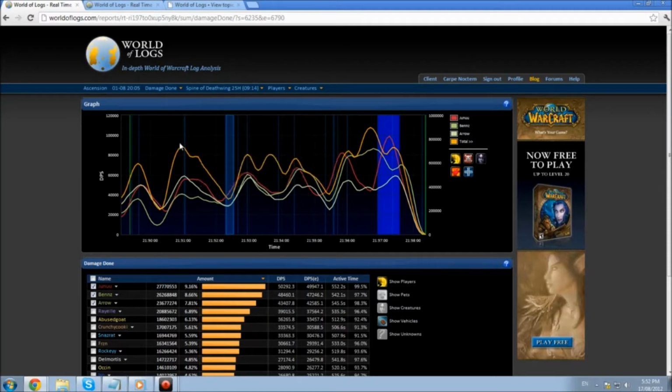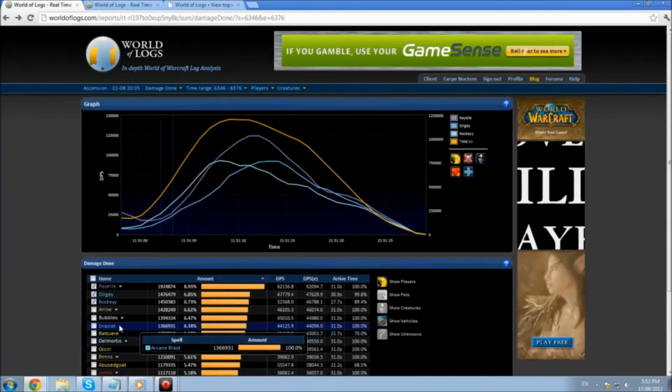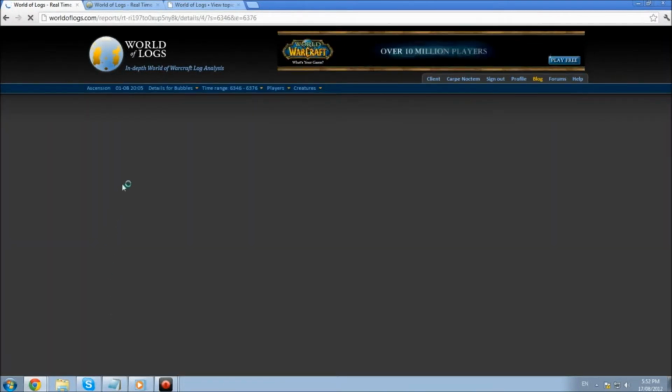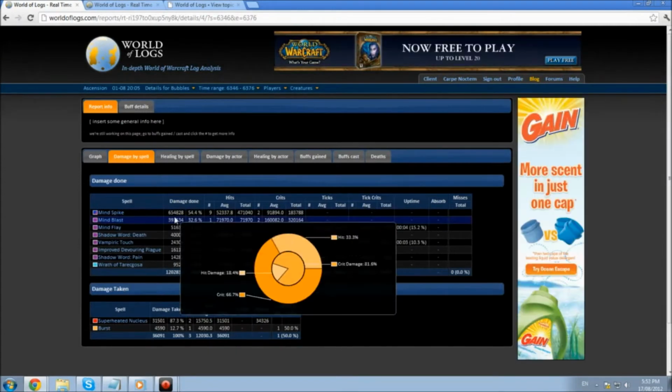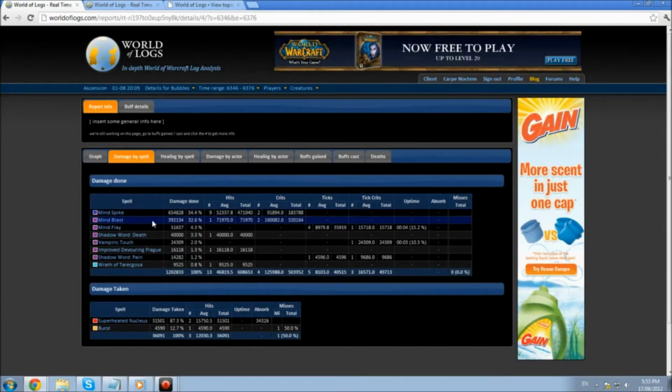So I'm going to look at the first amalgamation death, and select a section where I think the tendon will be up, and set my page selection to that. Now we can go to Bubbles' DPS and see what his breakdowns were. Here we have some Mind Spike damage, some Mind Blasts, but then we also have a Vampiric Touch tick